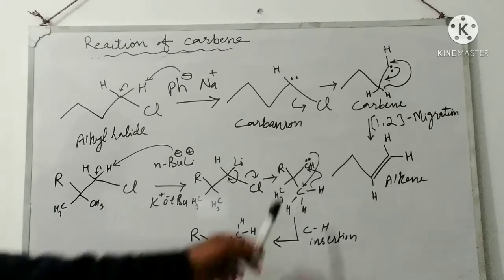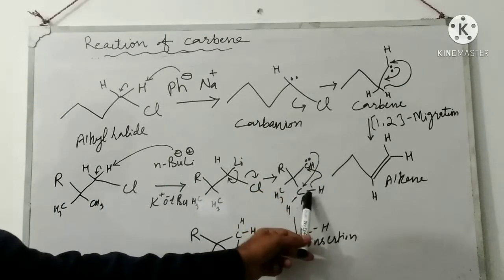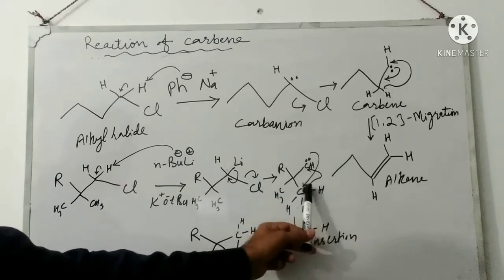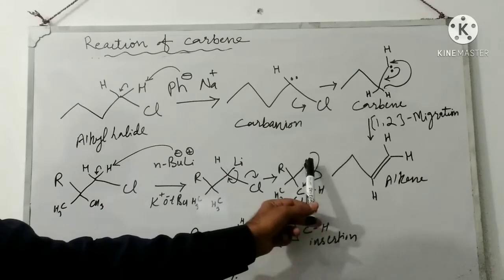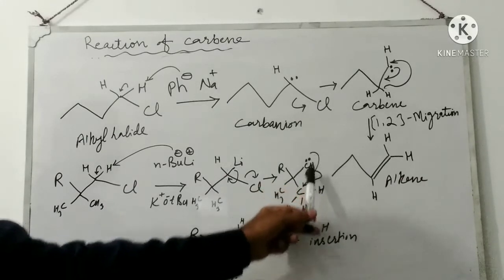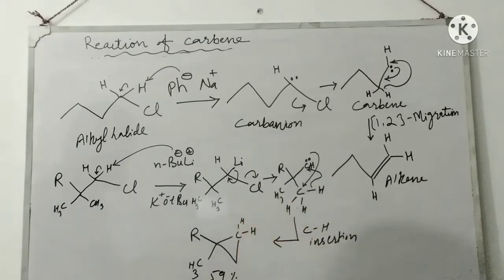These 2 electrons shifted here, and this chloride leaves to generate the carbene. Then this carbene is inserted directly into this carbon-hydrogen sigma bond. So these 2 electrons of this hydrogen make the bond with this carbon, and then the two valence electrons of the carbene make a new carbon-carbon sigma bond to make this cyclopropane in 59% yield after the C-H insertion of the carbene.